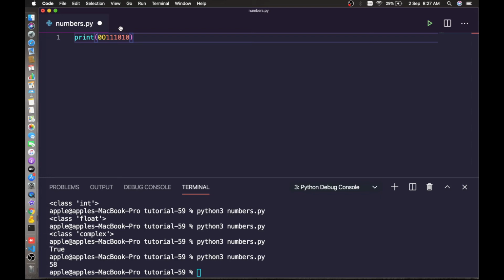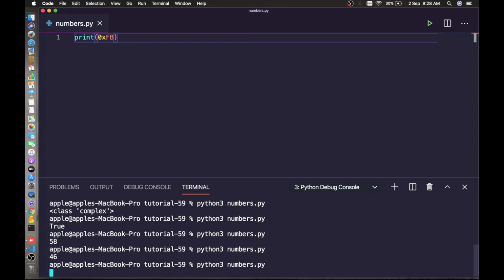Suppose 56. Let's print this. What is the value? This is 46. Similarly, we can print hexadecimal with 0x, capital X or small x. We can print the value FB. Let's guess the value for FB will be, I think, 251. Let's print it. Yes, this is 251.